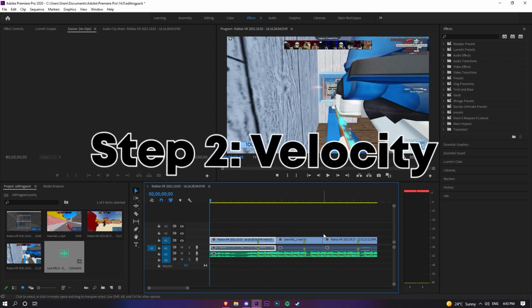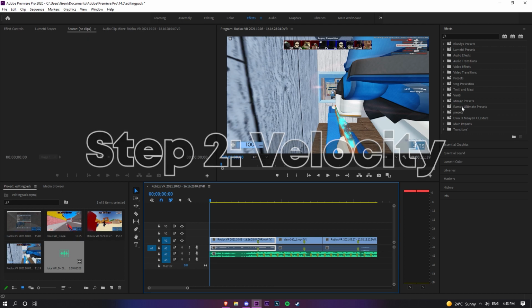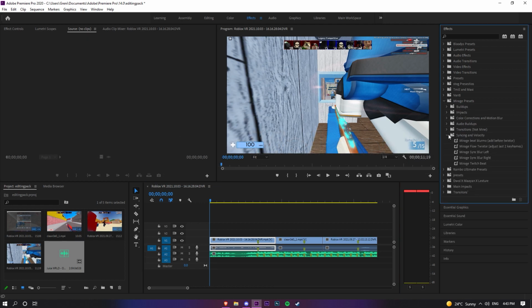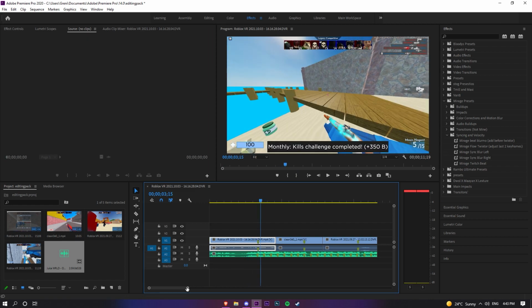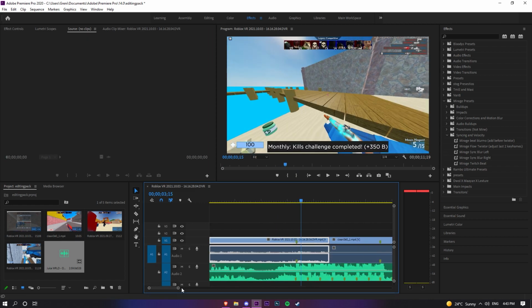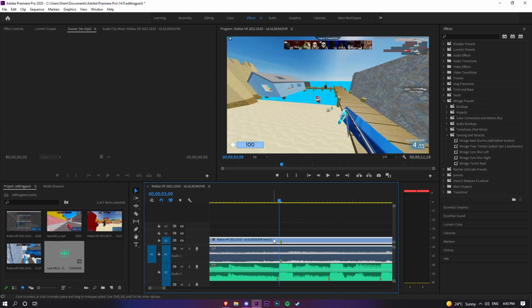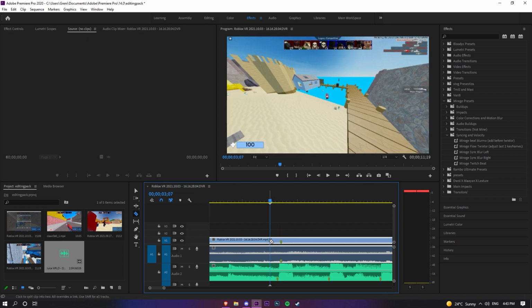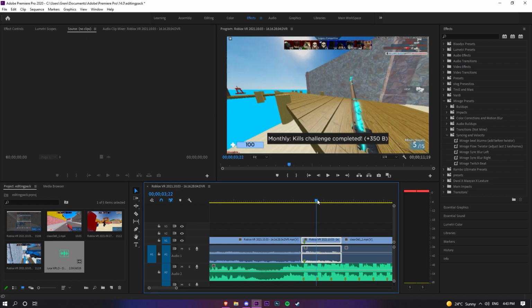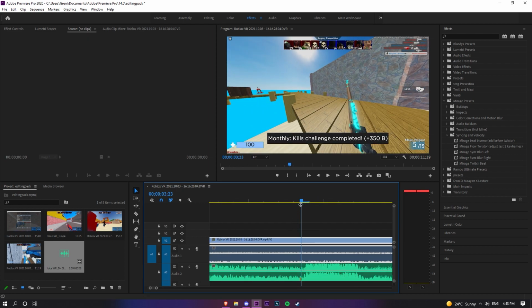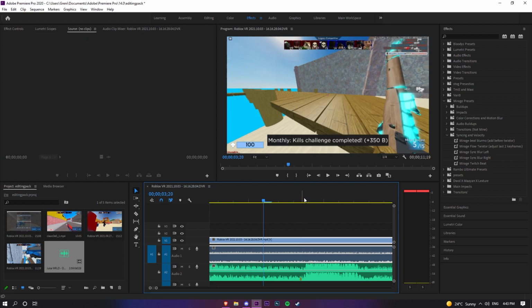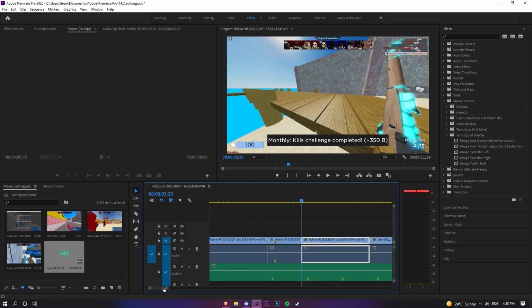So now we're going to start with velocity and how to use the velocity presets in the pack. To do that, just open my pack and go into syncing and velocity. So for velocity, all you gotta do, it's really simple, is go 5 frames before the beat. So see here, 5 frames before here. You wanna hold shift and go 5 frames to the left, like that. And you just make a cut, and that's it. So all you have to do is for every beat, you go 5 frames to the left, and cut it. Just like that. And you do that for every single beat.